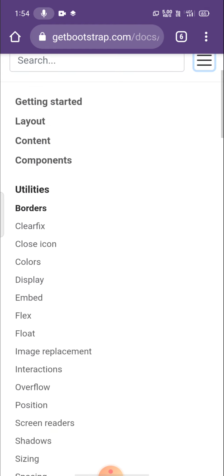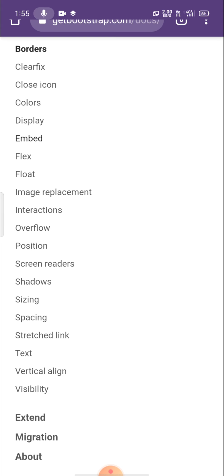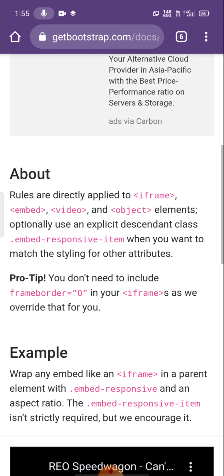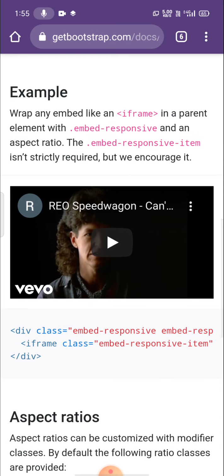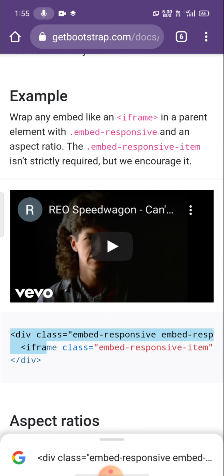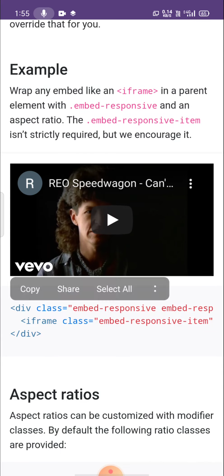In the utilities you need to select embed. In the embed you can see a video, and below that video you can clearly see a code for this. We need to copy this code, and we have to paste it in our page.